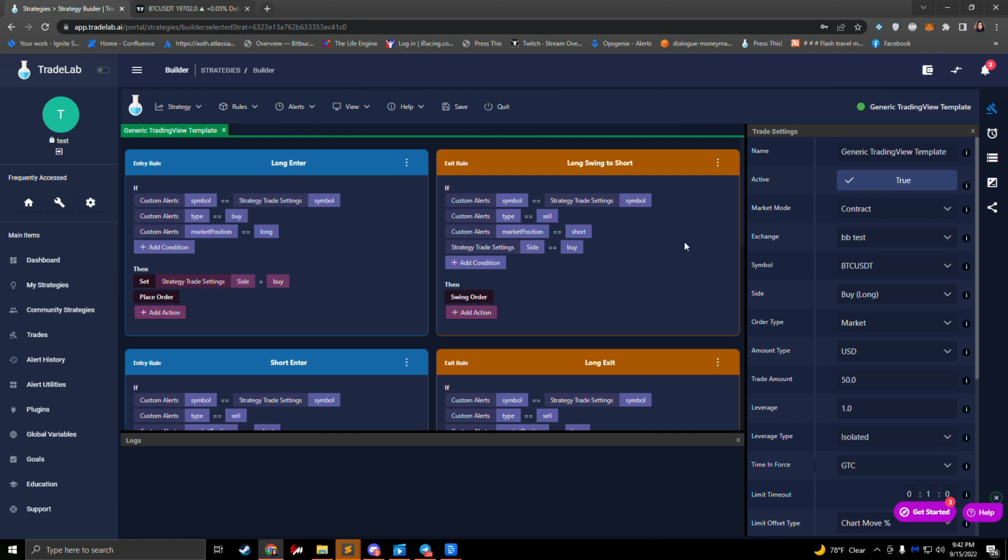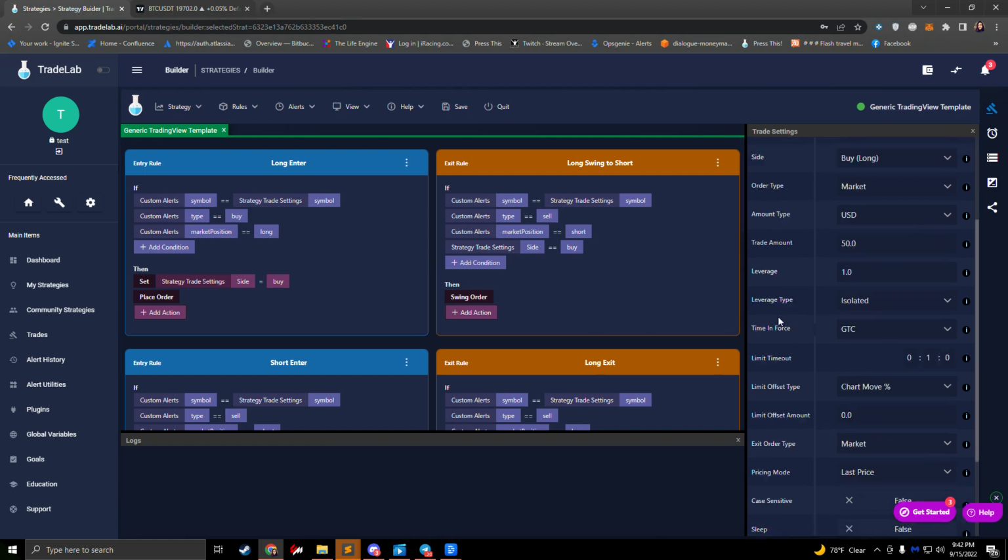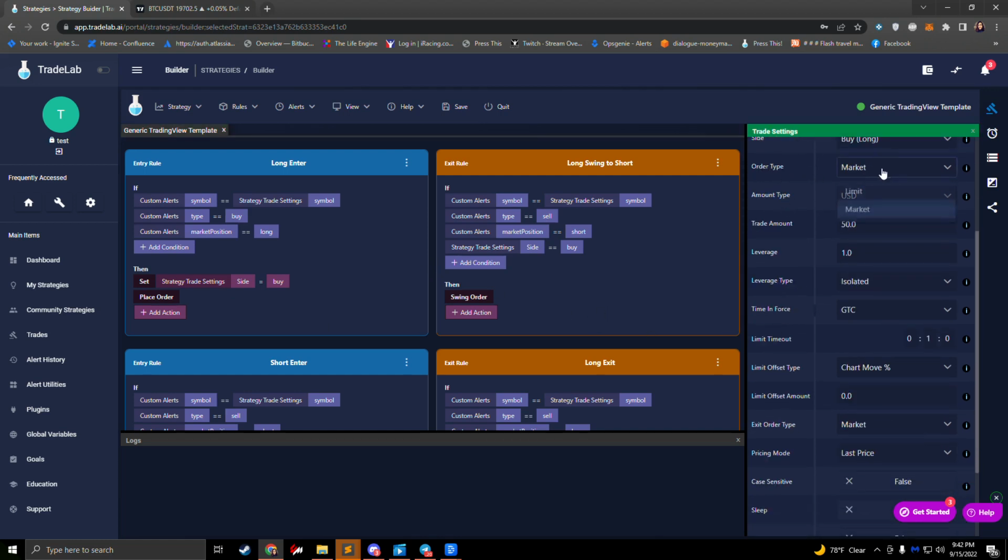So the last things we need to do to set this up is to make sure that we have our trade settings correct. So we've already set up our exchange and our symbol. You don't have to worry about side. The rules handle that for you. For your order type, you either select market or limit right here. And then we can also set up our